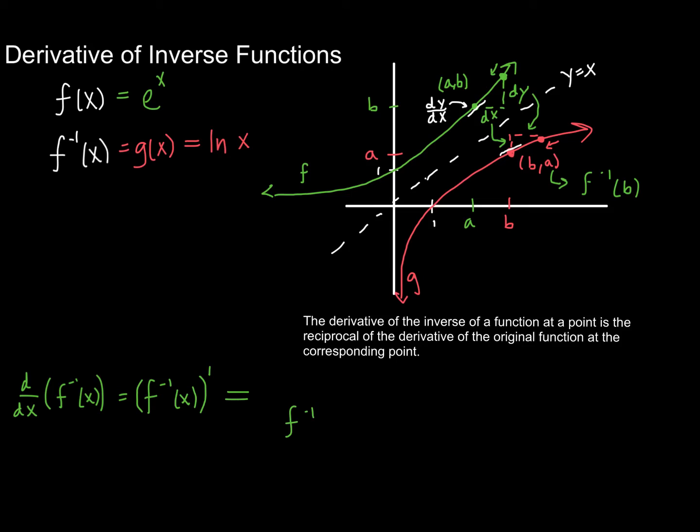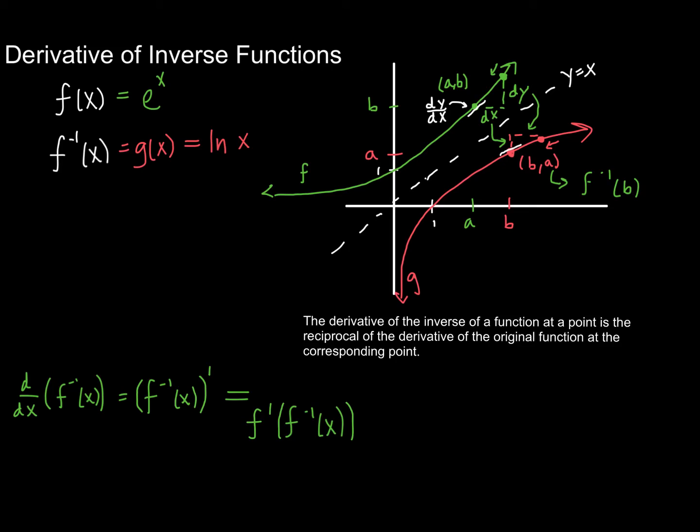F inverse at x, this piece here is giving me the y value for the point at which I am on the inverse function, which is the x value on my original function. So now that this is the x value at which I want to evaluate the derivative for my original function, I need to do so. So I will take the derivative at this point,